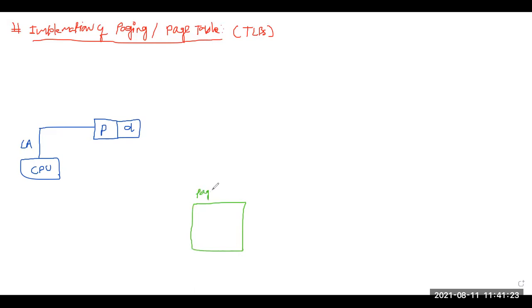Fine, now this is your data structure, or we can say a logical table. It is not actually existing, there is no hardware. Okay, so now this page table consists of frames. Now I know that this page table consists of frames for a particular page. Now this particular page, I will identify which frame is associated with it. This particular frame I will convert to your frame number, from the page table.